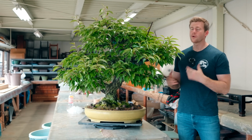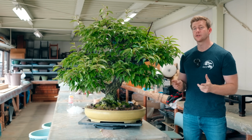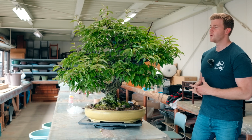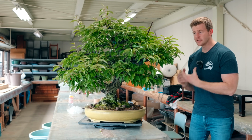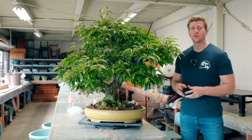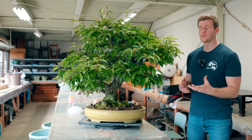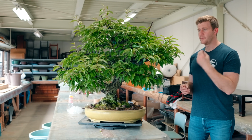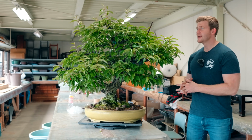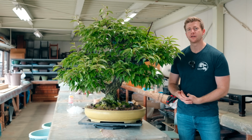All right, so what we're going to do in this episode, like I said, is we're going to cut everything back and we're probably going to be doing defoliation on this tree. But the reason I say probably is because I am debating right now as to whether or not I want to keep it as a Natsugumi with its natural foliage, or if I want to try to graft a different kind of foliage, actual kangumi or Eleagnus pungens, which is just standard silverberry. The foliage on those is much smaller, berries are much smaller as well, and we can actually completely transform this tree by doing that. I'm leaning more towards that option, but because this is the first year that I've ever